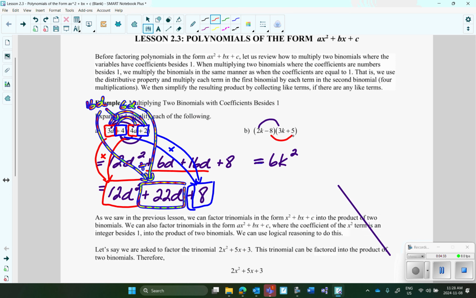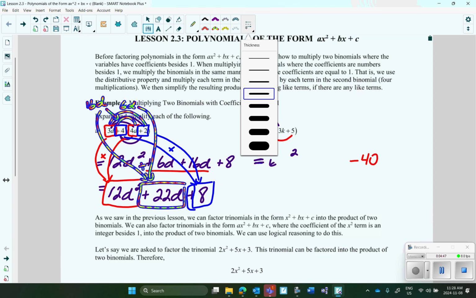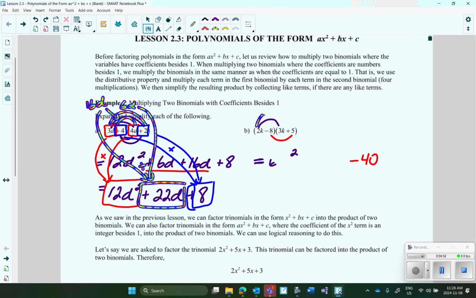It's going to be those 2, negative 40. And what's the middle term going to be? It's going to be 10k minus 24k,